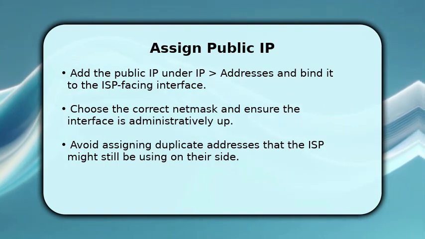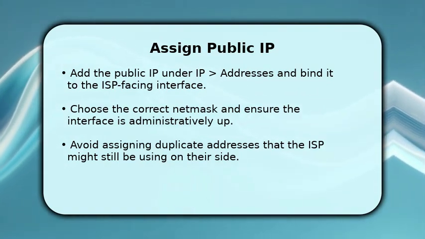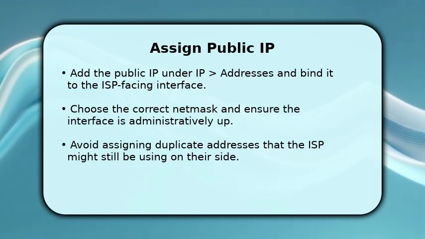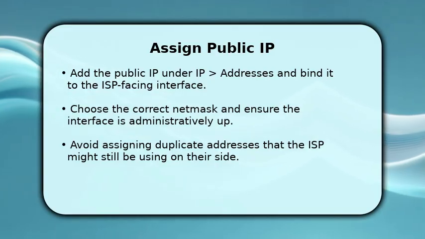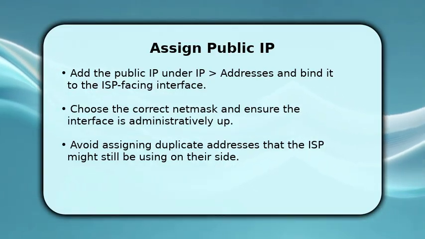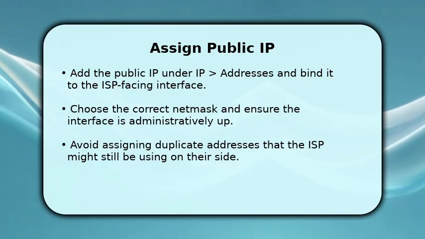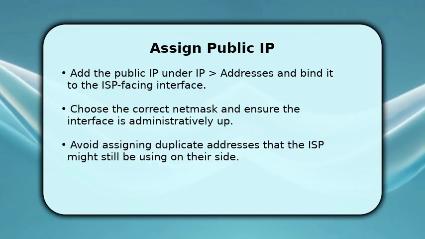Open IP addresses, click Add, paste the address with the netmask, and pick the ISP-facing interface. Keep the comment field for tracking, then enable the entry. After saving, verify the interface shows the new address and use a ping to test external reachability while monitoring logs